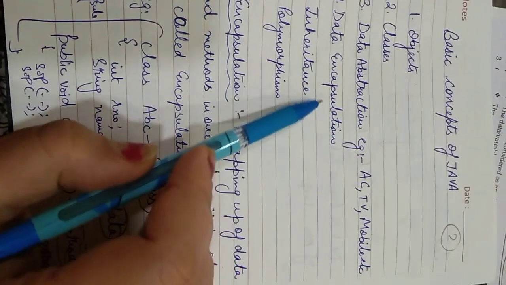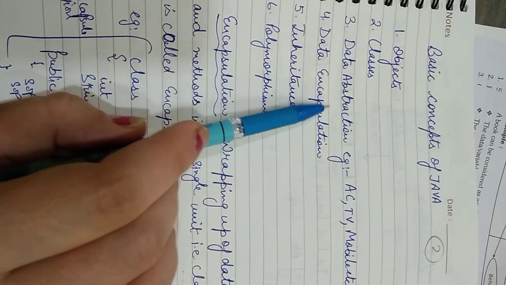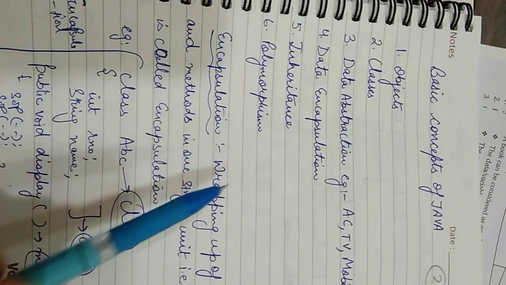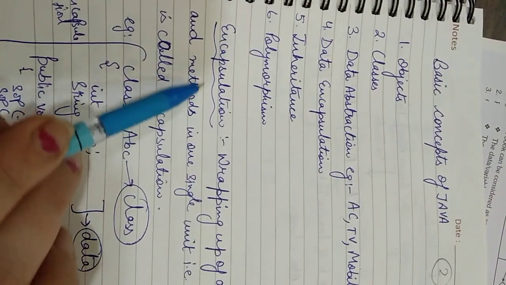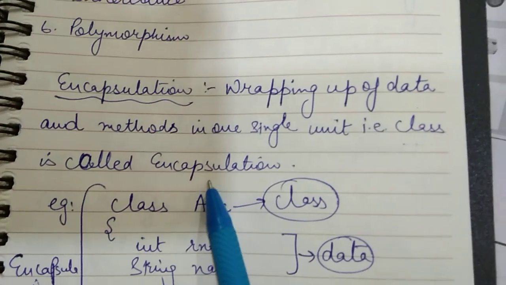Students, we have left with these 4 topics of your chapter number 1, that is abstraction, encapsulation, inheritance and polymorphism. So I'll be explaining one by one. First is encapsulation. Encapsulation means wrapping up of data and methods in one single unit, that is class, is called